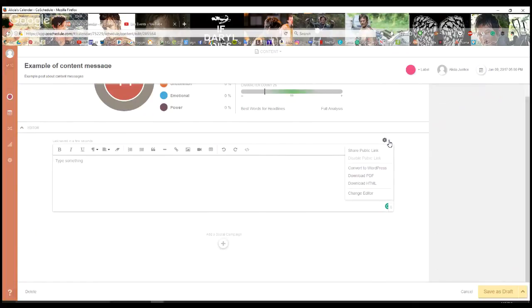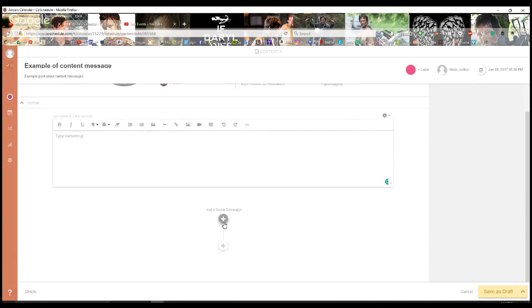You can also save these. You can download it as a PDF or download it as an HTML, which is pretty cool. Because usually what I do is, most of the time when I'm doing anything like this, I like to download it as a PDF so I can use it later. And then after you got all this done, you can also add your social campaign, which is your social media,